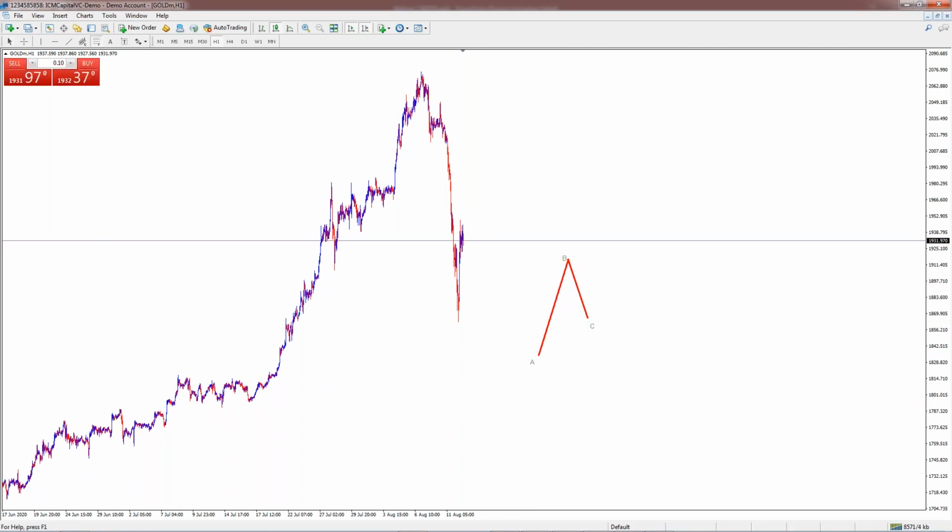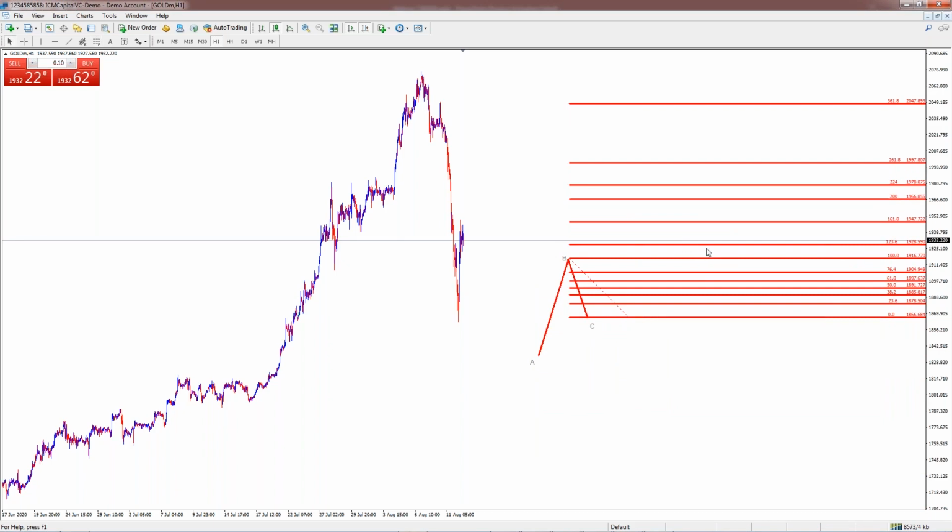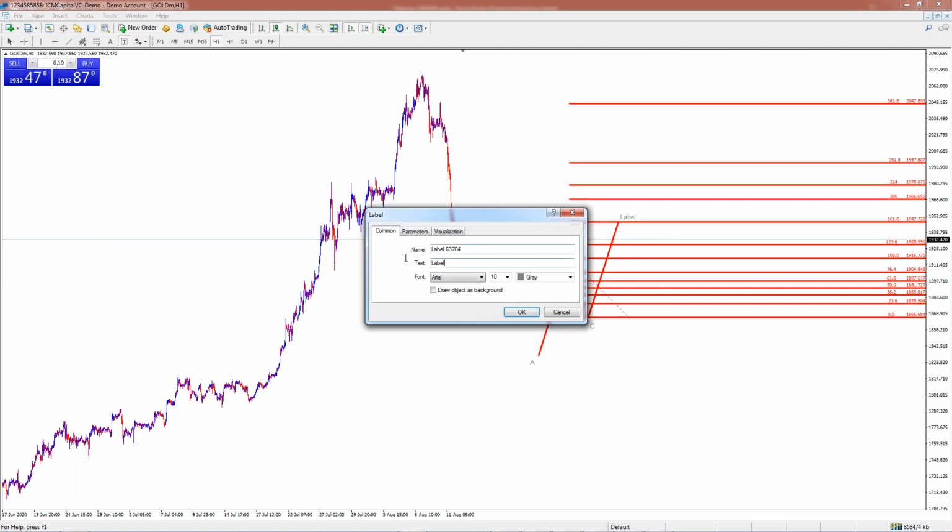Now we're going to go for an extension of BC. So we have to set targets for this move higher. We have certain ratios: if the market retraces 61.8, the next move is going to target 1.618 of the BC. So from here, the market should be expected to reach this point here, and here we can plot the